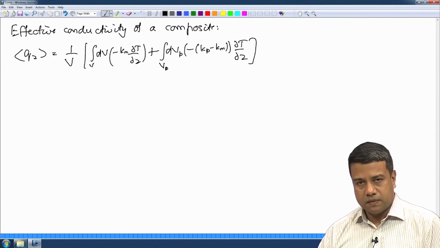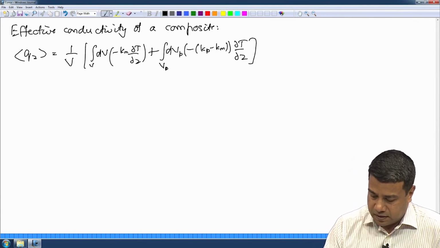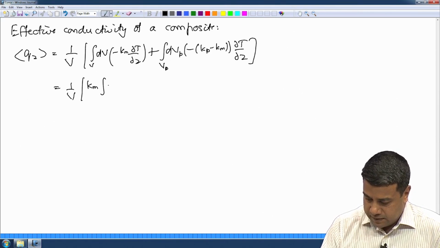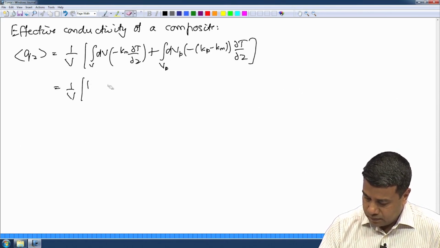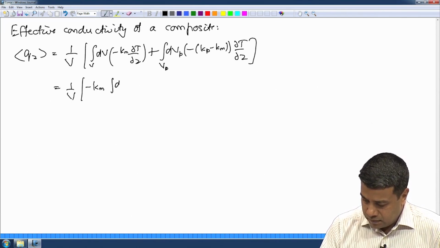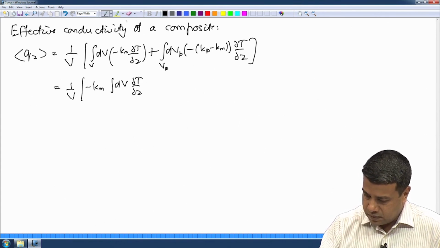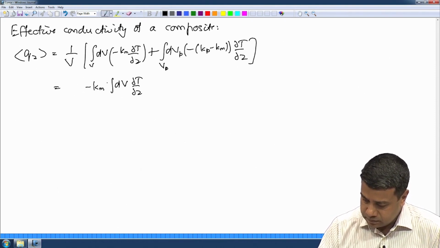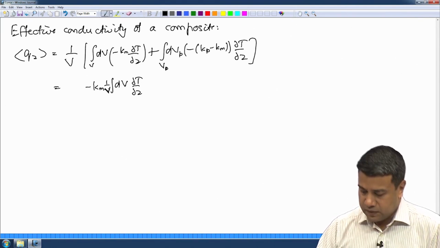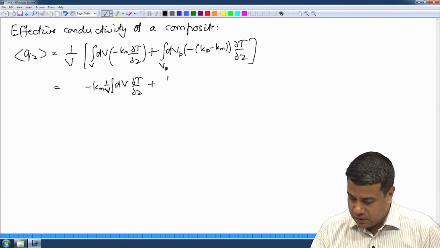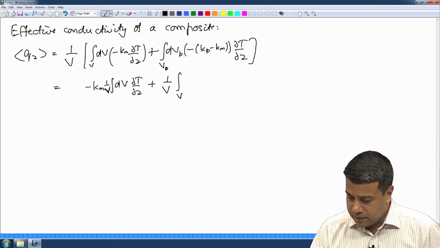In the first term the matrix conductivity is a constant, so I can take that out. This first term is an integral over the entire volume, and the second term is going to be 1 over the total volume, integral over the particles of